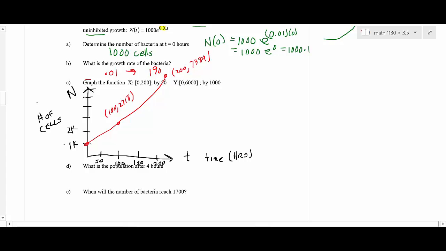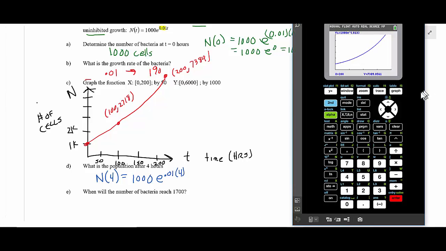So if you want to find what the population is after 4 hours, you have 2 choices. One thing you could do is just do n of 4. So you could take your function and just do 1,000 e to the 0.01 times 4, okay? And you could do that on your calculator, but the fast way to do it is this. Just type trace, type 4, and then that'll give you that after 4 hours you have